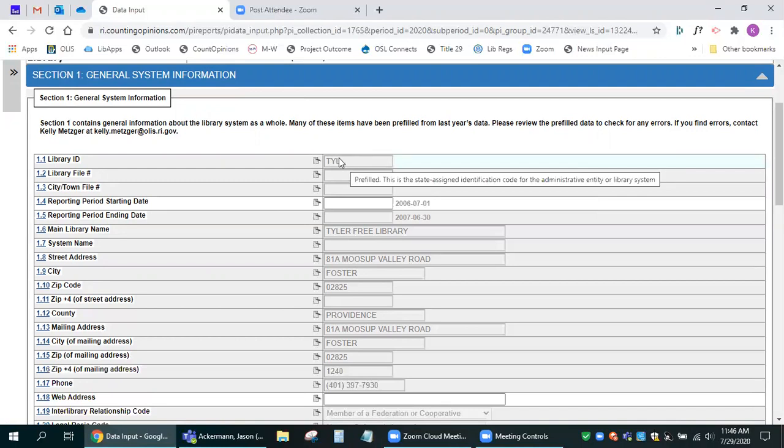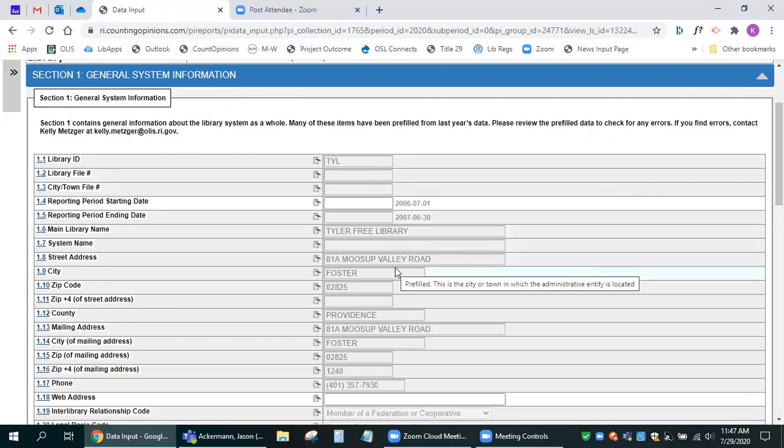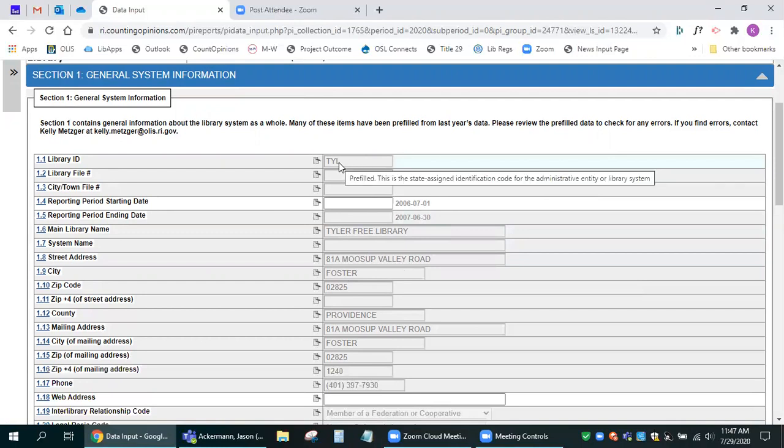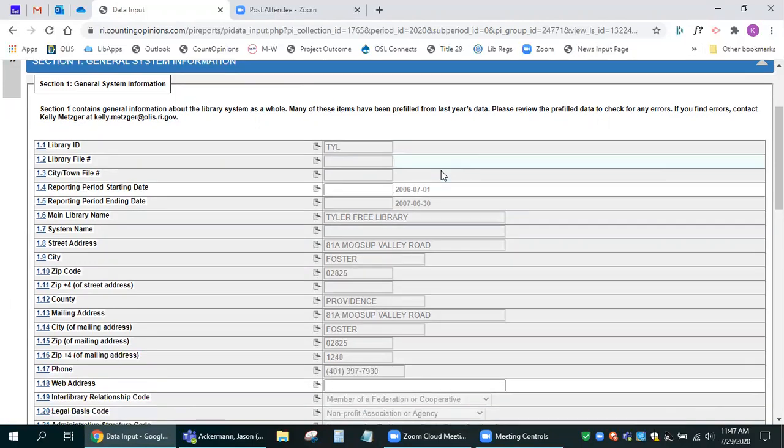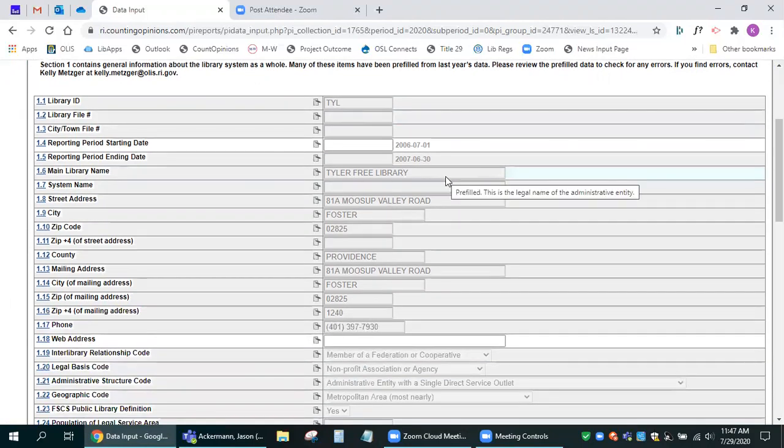We generally use that setting when the data has been pre-filled or carried over from the previous year and it's static information, such as the library name or the address. So if you do see information that is pre-filled and it's in a locked field, but it is incorrect, please contact me so that I can update that information for you.